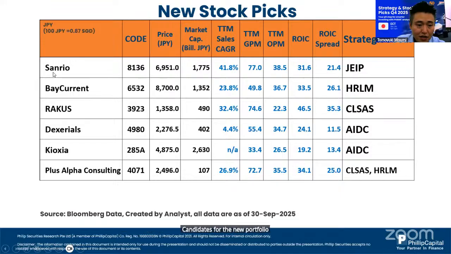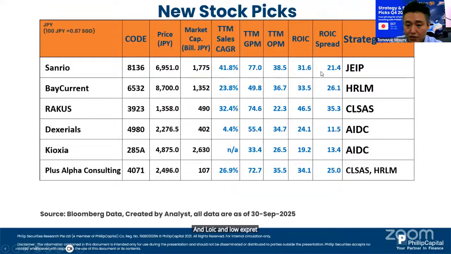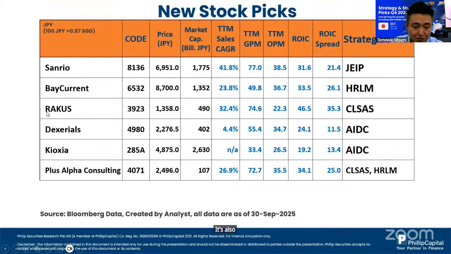But I choose Sanrio because the sales growth is very attractive, and the gross profit and operating profit margins are really attractive. The ROIC spread is also attractive, in double digits. Next, Current Consulting, this consulting firm, and Raxus is also a corporate back office